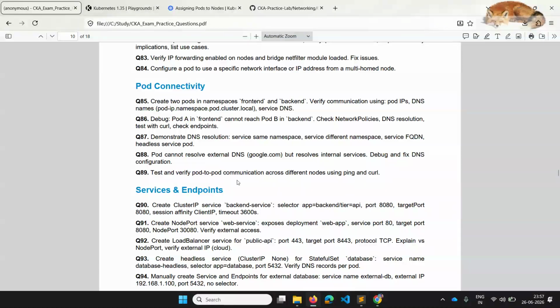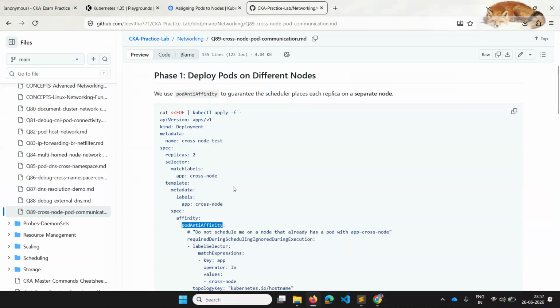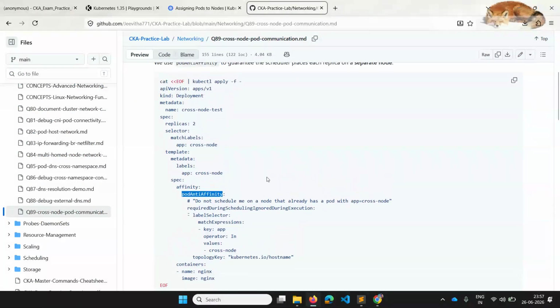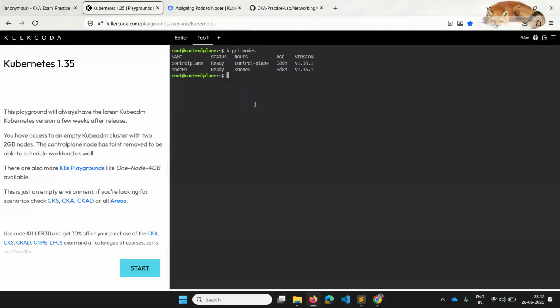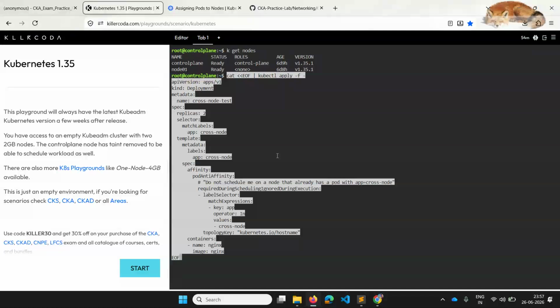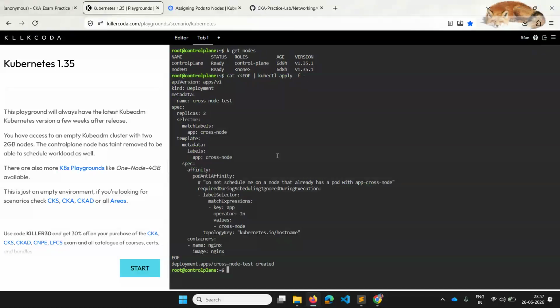Maybe in the exam they will already have that as a deployment, maybe not, but we can see that we have used this concept of anti-affinity here. It's like a revision if you already know about it, or an introduction to anti-affinity. So I can do this creation. I'm not using any namespace here, so this will be in the default namespace. Now get deployments.